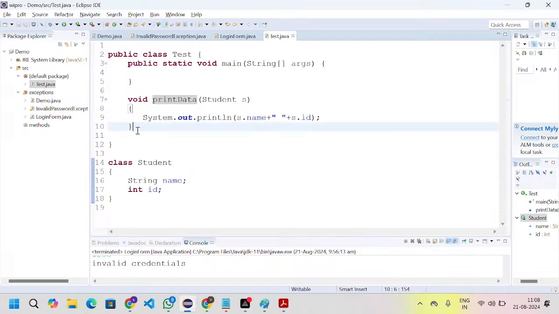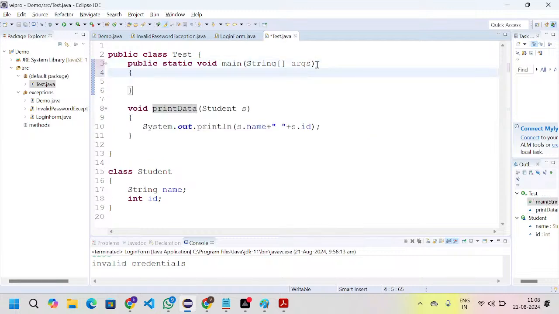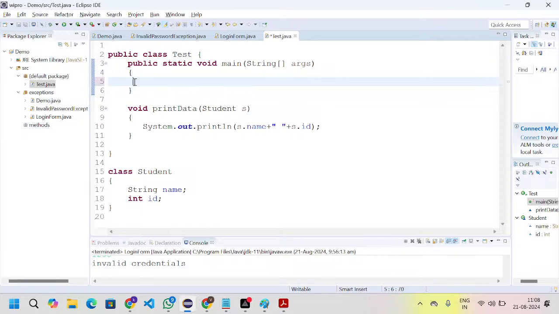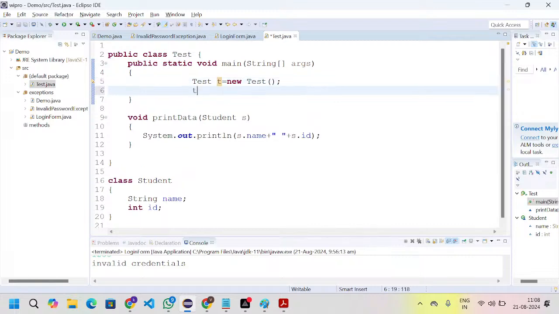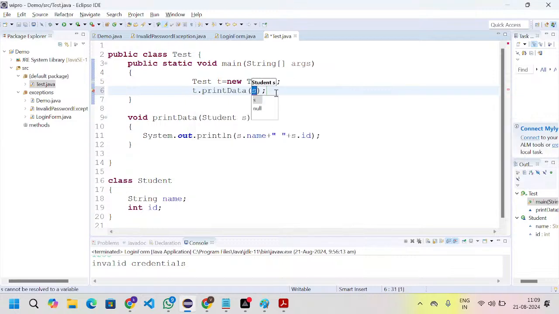Now you guys tell me, is this an instance method or a static method? Instance method. So by default the JVM doesn't execute our custom methods. So how will you call this custom method? By creating the object. Simply create the object, new Test, and the object got created. This object you can store in some reference variable, t equal to Test, right? And if I call t.printData method, if I call the printData method,